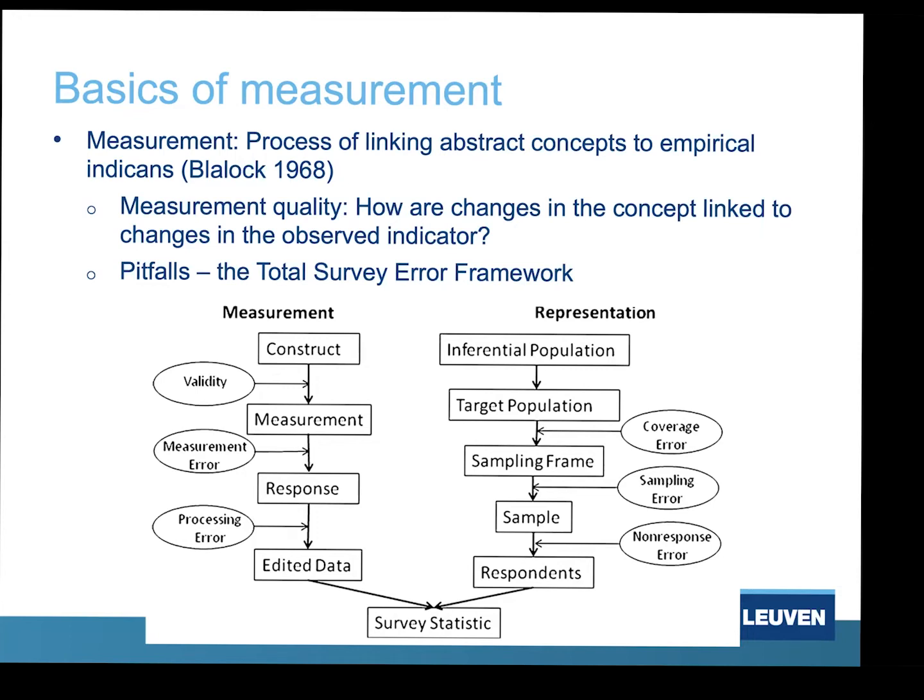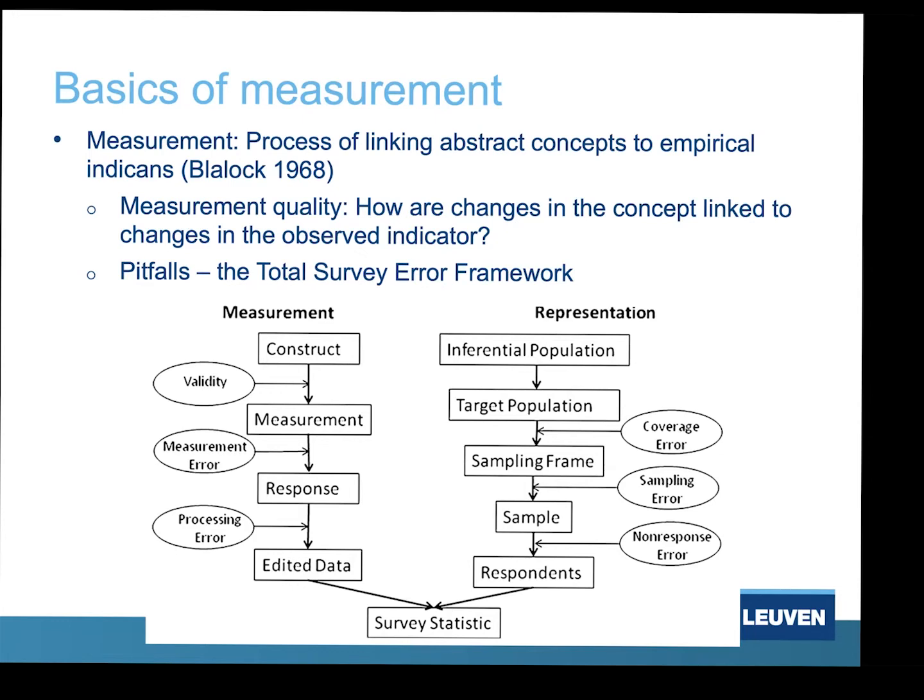For example, we want to have an average in a certain population, or a difference between two populations. This is the survey statistic that we want to estimate. But when you estimate the survey statistic, all things can go wrong. Things can go wrong on the side of representation. It might be the case that the sample that we investigate does not represent the population that we want to talk about, but I'll leave this apart. But then we have the second leg of this total survey error framework, which is then the measurement part. And also in the measurement part, all things can go wrong.